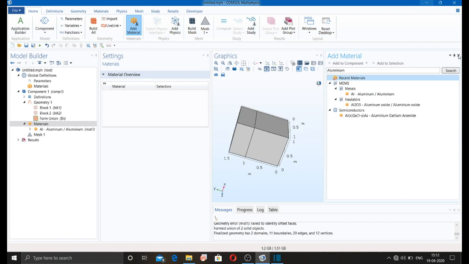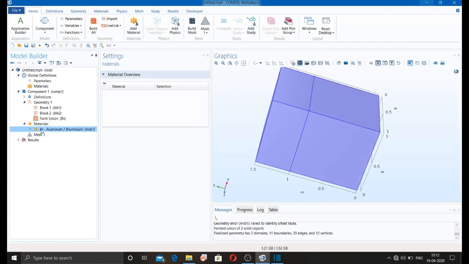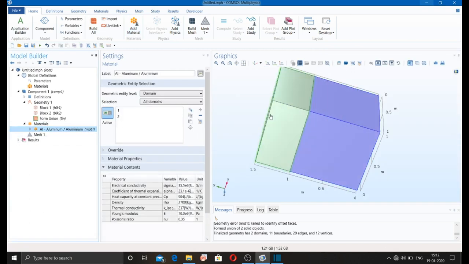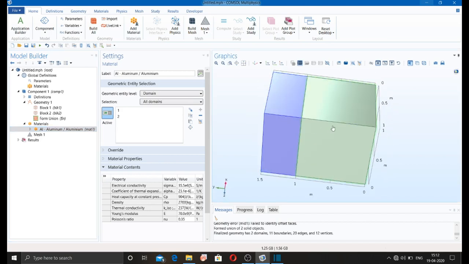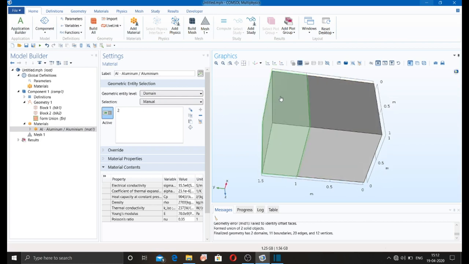Okay, so here you can see the material. Both boxes have been assigned the aluminum. But in this I am going to deselect this domain and assign this aluminum to this particular domain.